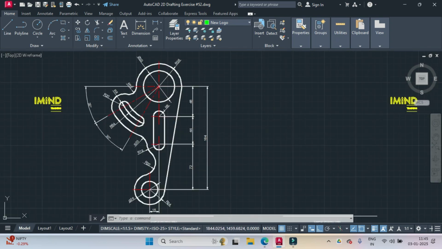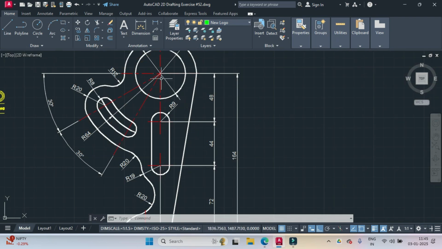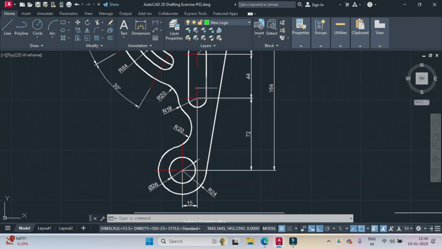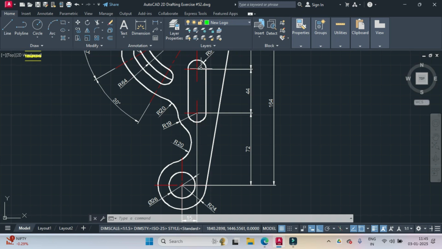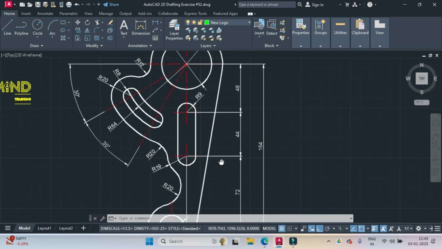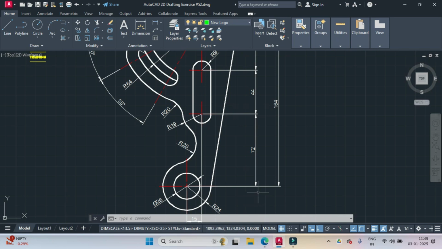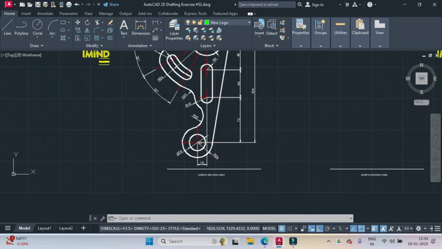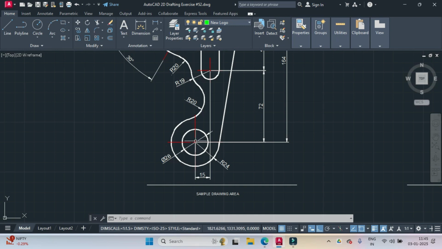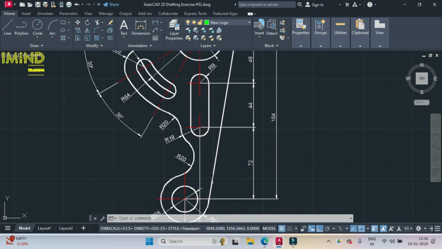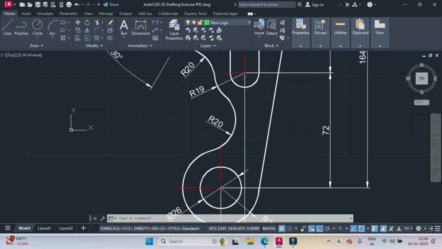Then we'll draw one circle of 9 radius, 48 units from the center, another circle of 9 radius, 44 units from the center, and join them quadrantial to quadrantial. Then we'll draw one line extending from the center to the bottom of 164 units and then to the left 15 units, and then with this as a center point, we'll draw a circle of dia 26, another circle of radius 24. Join these two circles tangentially and then